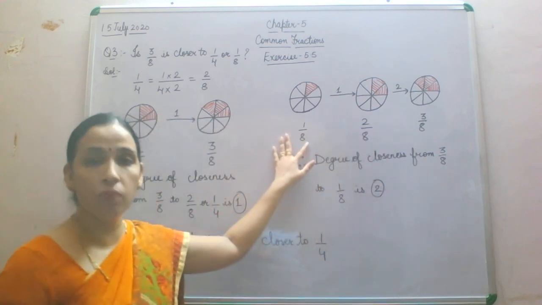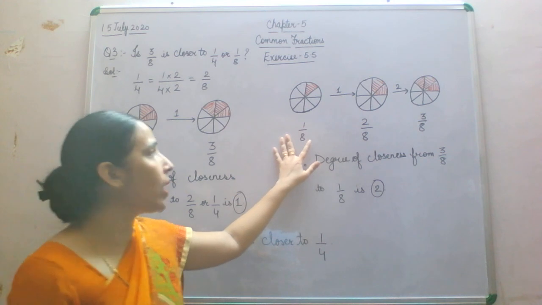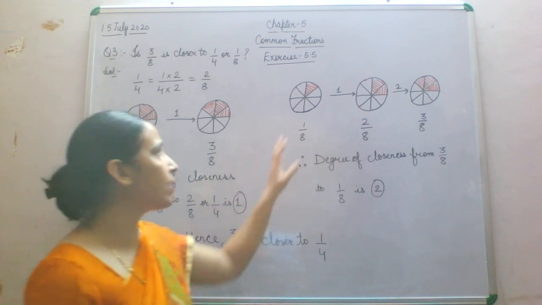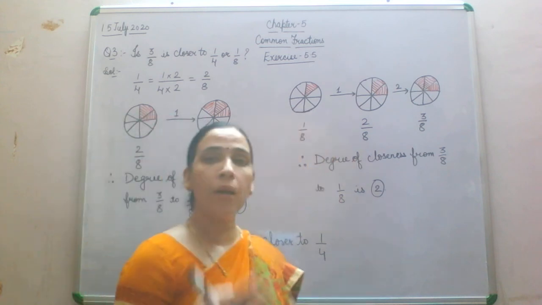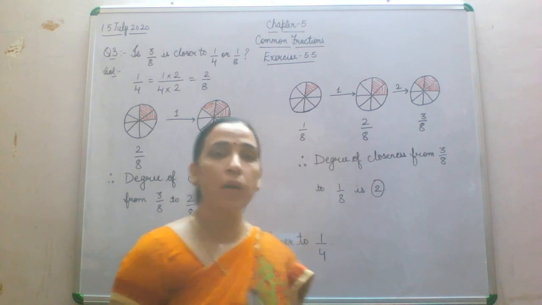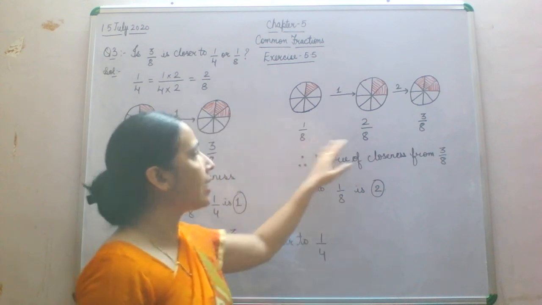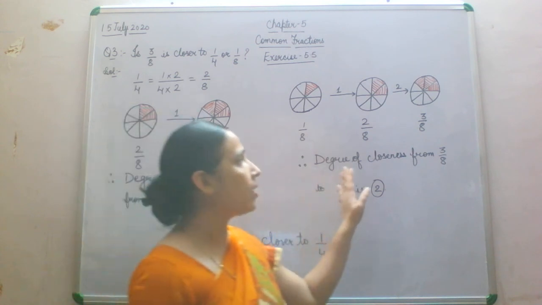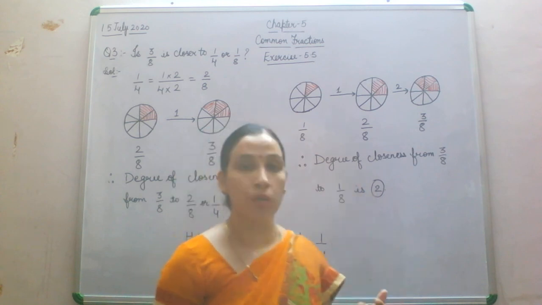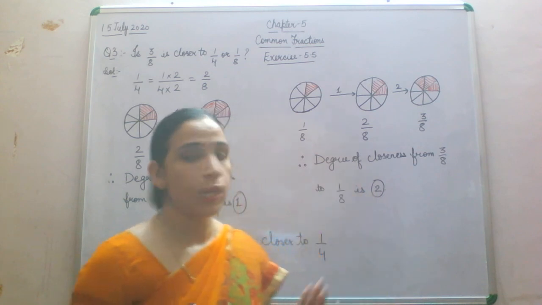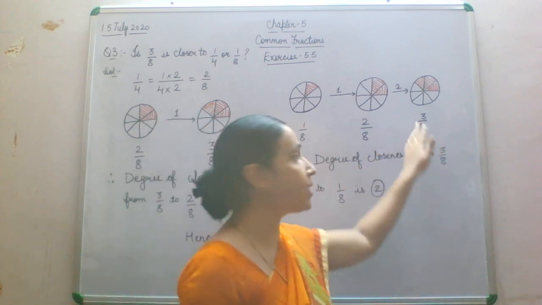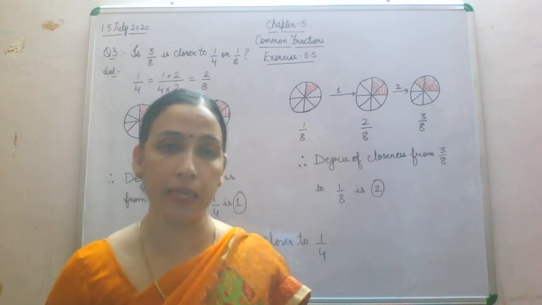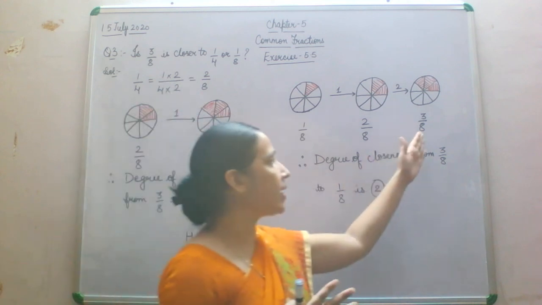Now we will represent this fraction, 1 by 8. We will make 8 parts and out of 8 parts we will shade 1 part. Then we will add one more part to it, meaning 1 by 8 more in the given fraction, and then we will get 2 by 8. Okay. Then we are going to add 1 by 8 more, because we have not got 3 by 8 yet. So we will add one more 1 by 8. That's why I have written 2 here, it means that twice I am adding 1 by 8 to it. Fine. So we have added and we get 3 by 8.